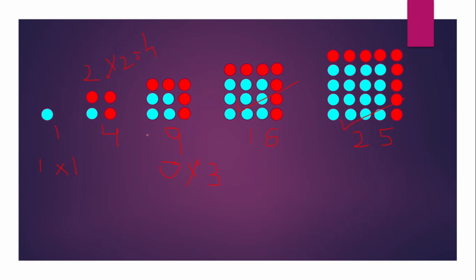And what do we observe in the second pattern? The pattern of red balls. You can see here 0 number of red balls here. No ball is red over here. But here you have 3 red balls. And in the next one you have 5 red balls. And in the next one you have 7 red balls. And so in the last one, how many red balls do you have? 9 red balls in the last one. Right.